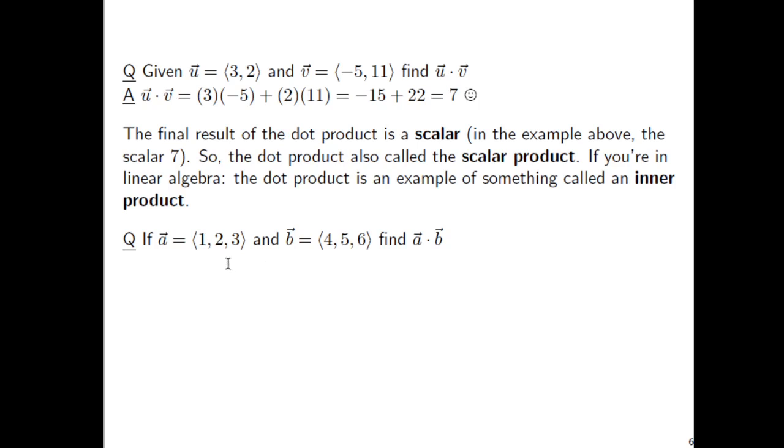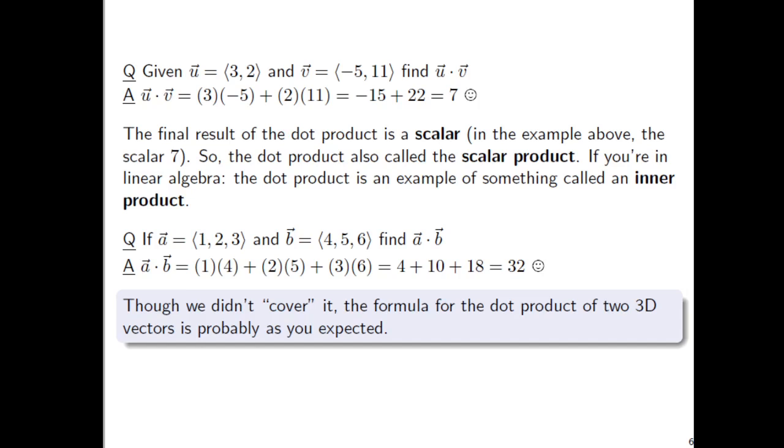Okay, and then if you take two vectors in 3-dimensional space, can you find a dot product? Even though we didn't formally present the formula, it's exactly what you think it is. It's the sum of products. So multiply first components together, multiply second components together, and now multiply third components together. In this example, the dot product of <1, 2, 3> and <4, 5, 6> ends up being the scalar 32. So though we didn't cover it, the formula for the dot product of two 3D vectors is exactly